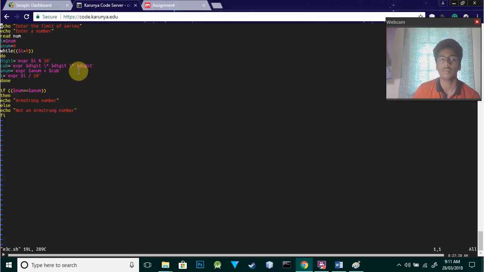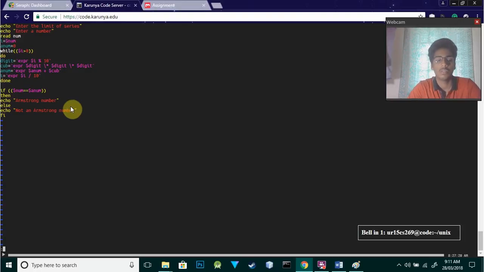We take the cube of every digit, and then we'll check if the number we are getting and the added number we are getting are the same or not. If it's the same we will show it's an Armstrong number, and if it's not we'll show it's not an Armstrong number. So just for that,